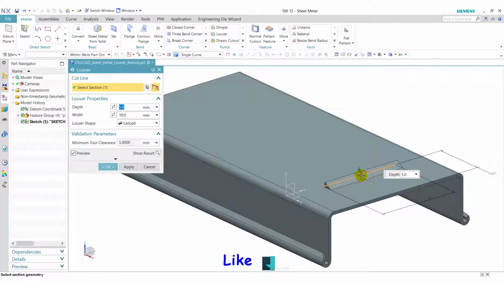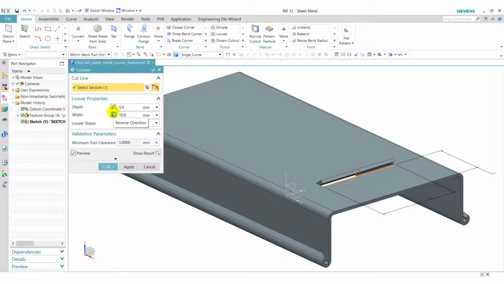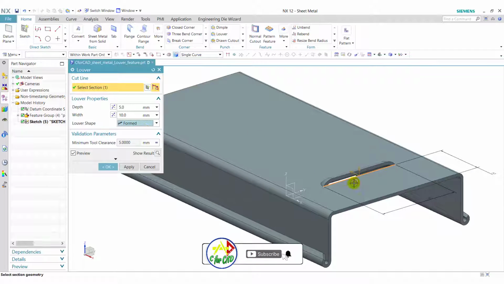So it will create a louver like this. We can change the direction of depth and width. We will select this direction, and in louver shape we select formed. So it will create a louver like this.